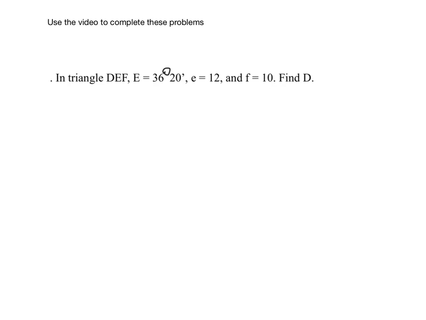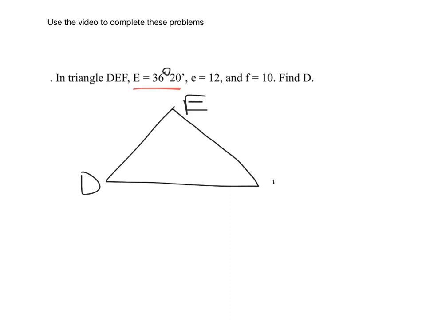In our first problem, we have triangle DEF. It looks like they're giving you angle E, and that's the only angle that they're giving you. So it's a 36-degree angle, so I don't have to draw a right triangle. I'm just going to draw a regular old triangle and put angle E, 36 degrees and 20 minutes on the